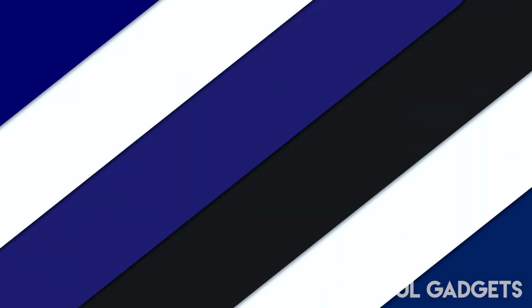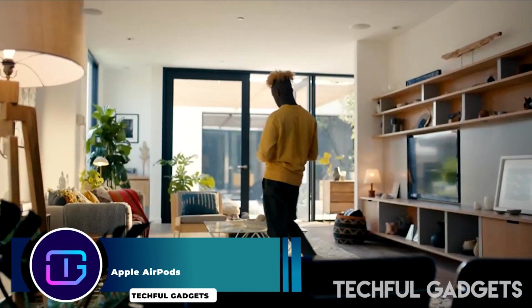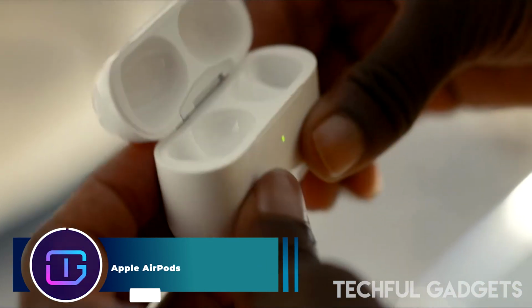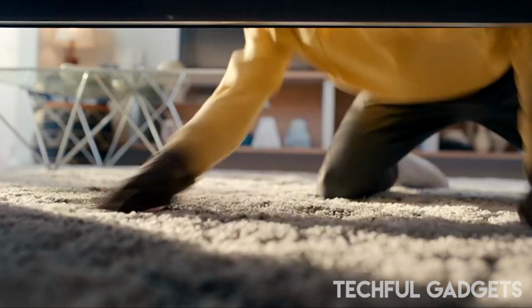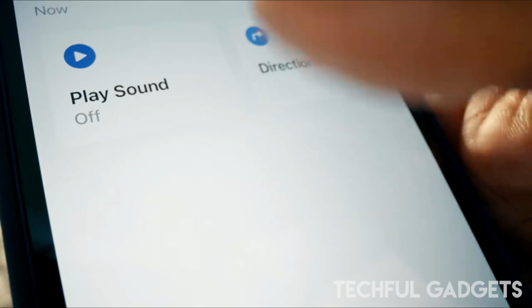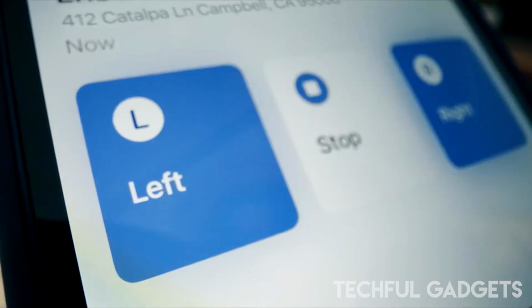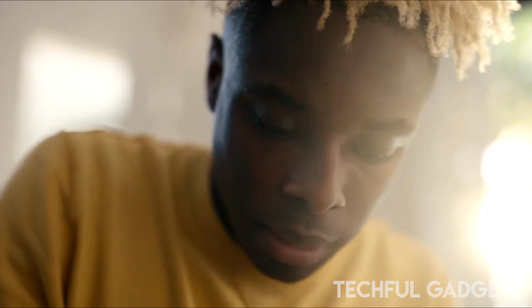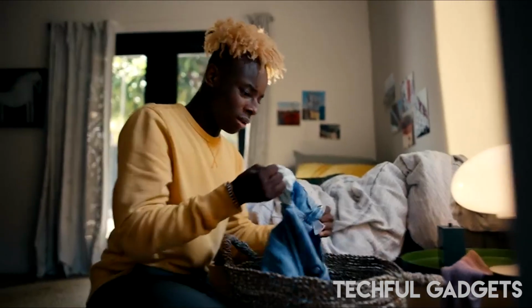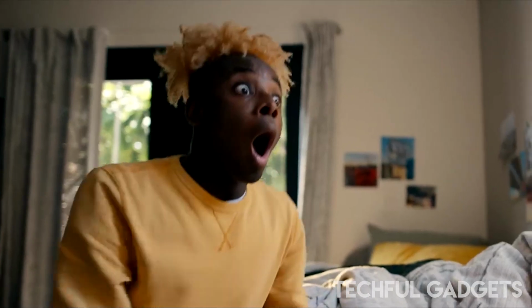Apple AirPods. The AirPods 3rd Gen represent a significant leap from the 2nd generation model, featuring a redesigned look and notable upgrades like adaptive EQ, MagSafe wireless charging, and spatial audio support. The sound quality is excellent, though the absence of active noise cancellation and proper noise isolation slightly detracts from the